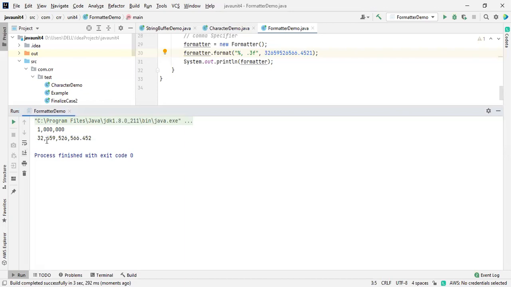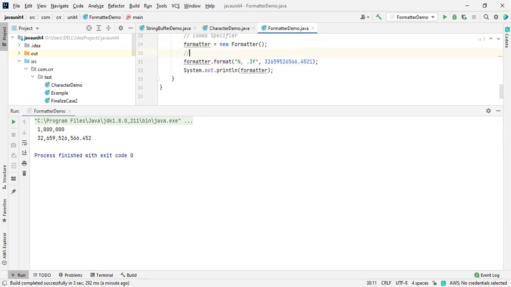When you are using a calculator on your mobile, after printing 10,000, what will it do? After 10, there will be a comma, and then 3 zeros will be there. According to that, they use this formatter inside your calculator. We already came to know about that. So if you want to print 10,000 in your calculator, just after typing 10, when you type the 3 digits, it will be printed like this. So there they use the formatter.